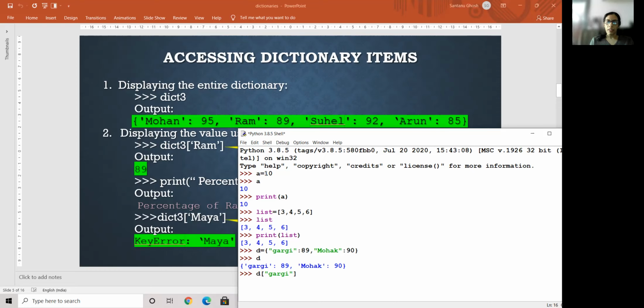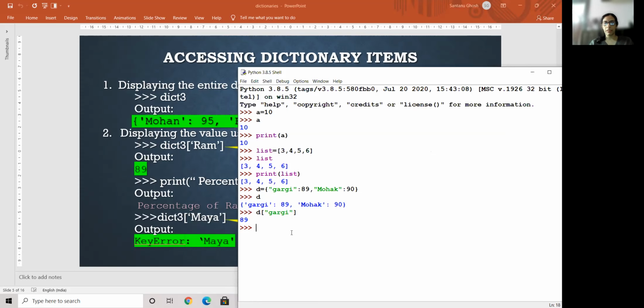Okay. Again a point to be highlighted, which I did in the last session also: if it is a list, the basic format is the same. That is the name of the list with the square brackets, and within that, what do I give? I give the index value, which is the default, because you can see here no keys have been given. So I go by the index value.